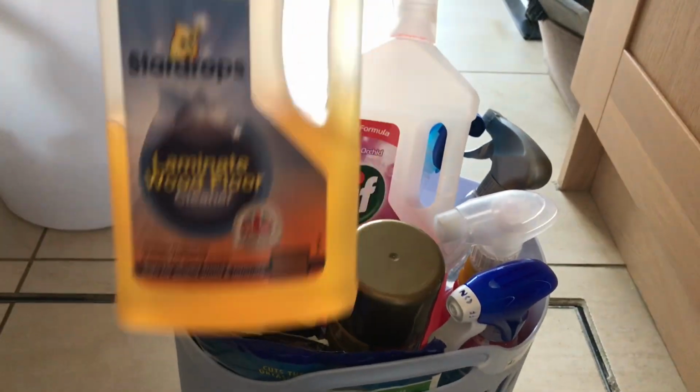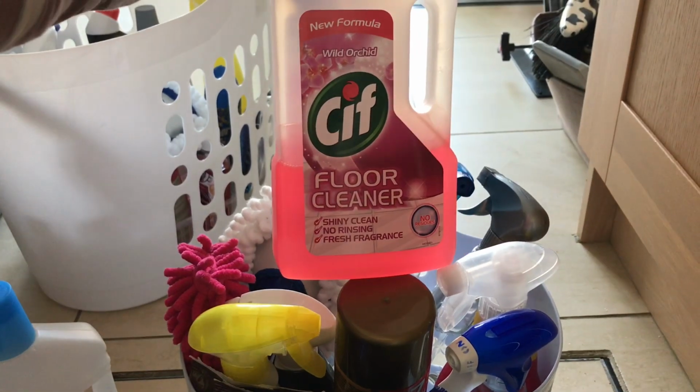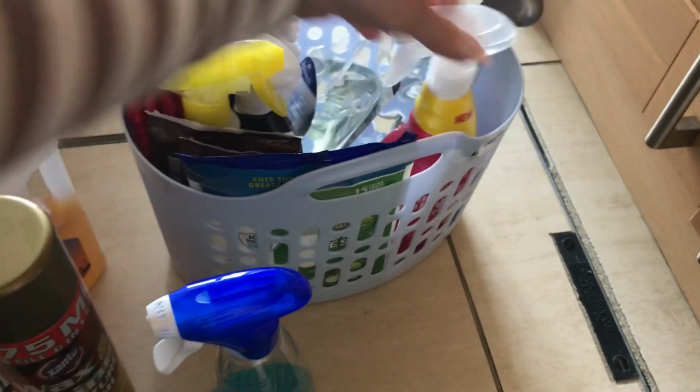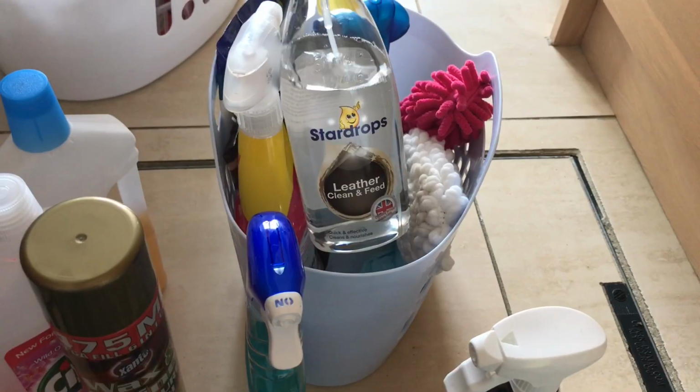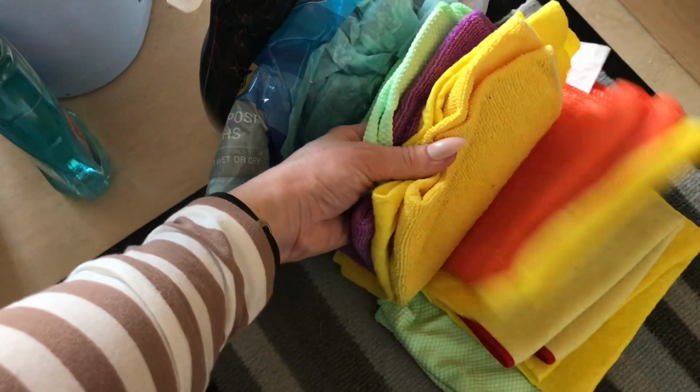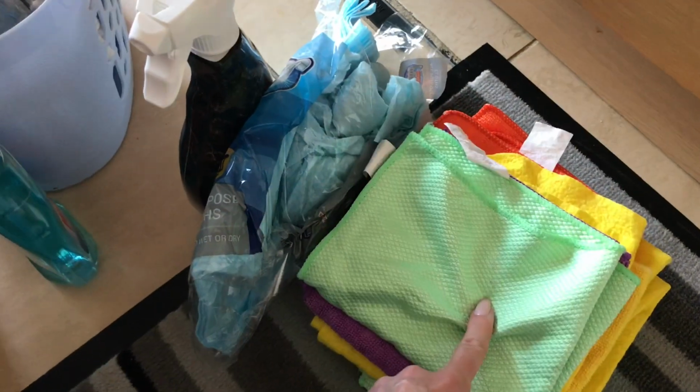So in here, we've got some laminate floor cleaner, some other floor cleaner for all the tiles, some polish, Window Lean, Pink Stuff spray, a bottle of elbow grease, the granite and marble cleaner, leather clean and feed, Astonish stainless steel cleaner. And then they've got as well a selection of various cleaning cloths, including special cloths for